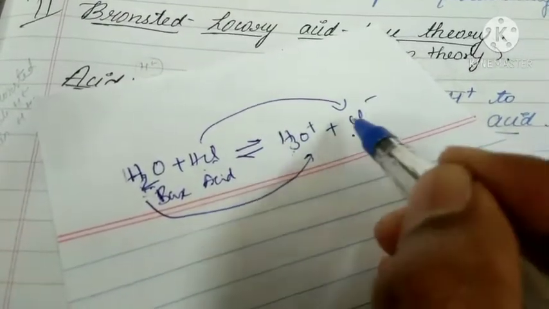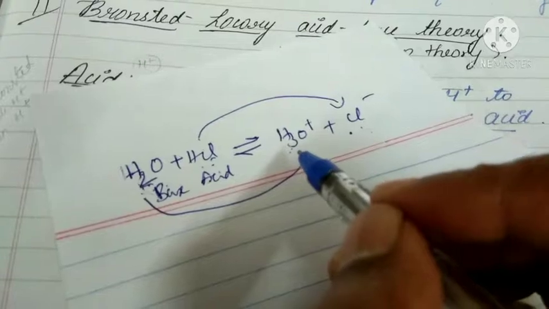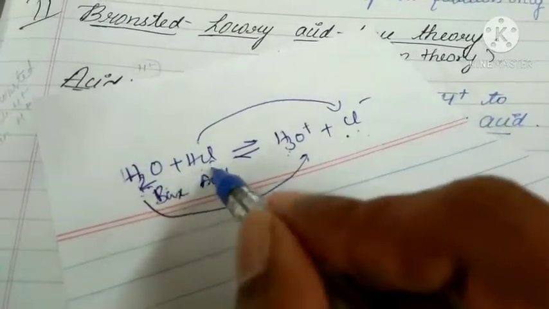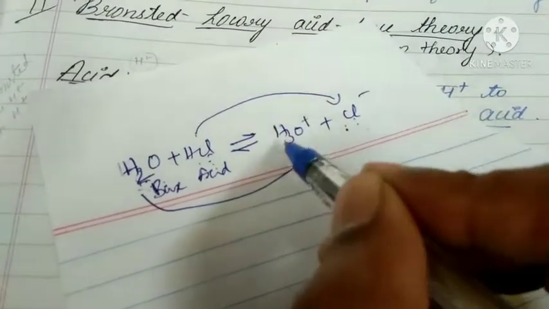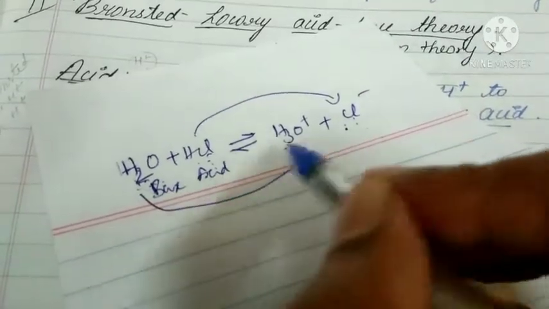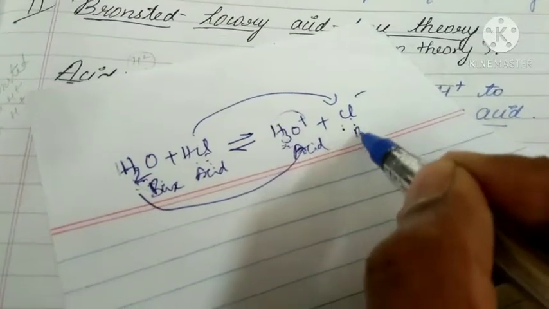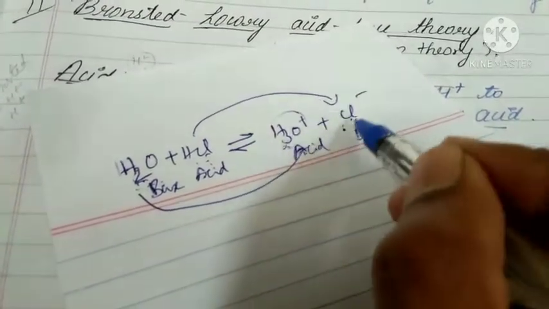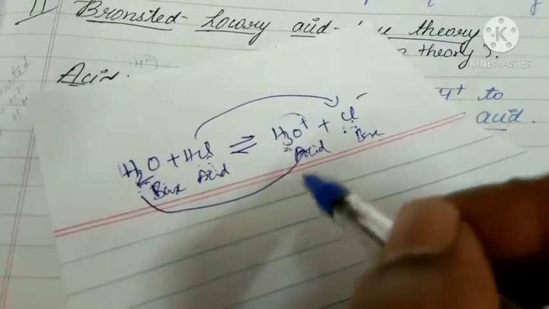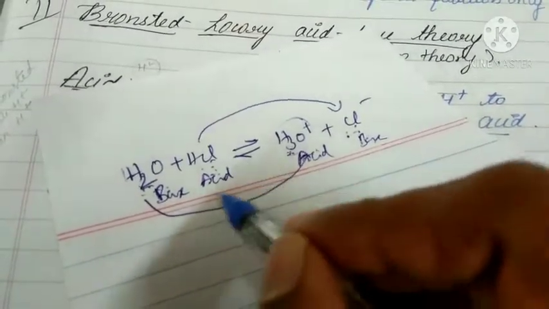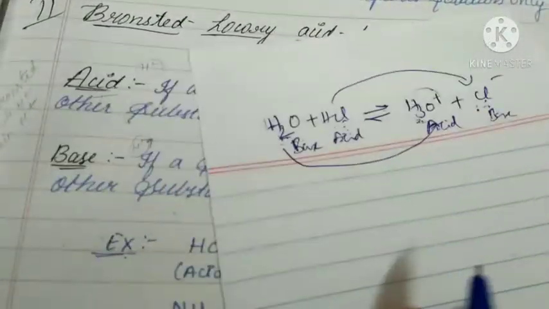This can be reversible. That means when H3O plus reacts with Cl minus, again H2O and HCl can be formed. What is the mechanism behind the formation of H2O and HCl? This H3O plus donates H plus to Cl minus. Then only H3O plus becomes H2O. You have to think of the reverse reaction. So this substance, H3O plus, acts as acid. Then this Cl minus acts as base. Why does it act as base? Because when Cl minus gains H plus from this substance, it becomes HCl. According to this theory, if a substance donates H plus, it acts as acid. If a substance gains H plus, it acts as base. That's all. Next, one more example.